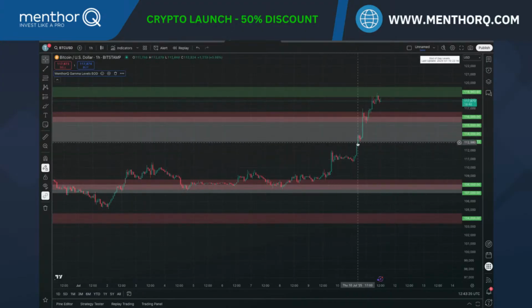Like you see, when I saw that this area was pinched, I didn't have the levels on because I don't need them anymore. I have my roadmap. It's called the roadmap for a good reason. This is the acceleration, and we took off. And I knew once we were here, it was probably going to stop here, but in between, something would happen. Either we go down and again we would be stopping around here, or we would stop there. So many things you can do where you can use options, because you not only play the direction, you play volatility, you play the theta card all together.